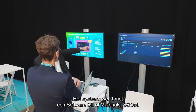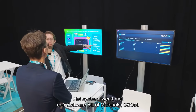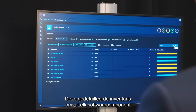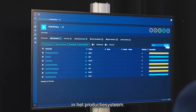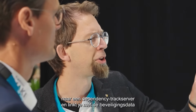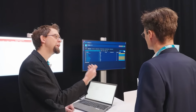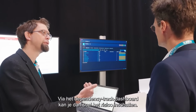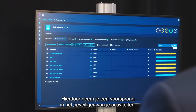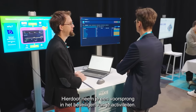The system is built on a software bill of materials, SBOM. This detailed inventory lists every software component within your production system. When changes are made to your SBOM, an automated pipeline uploads the SBOM to a DependencyTrack-server and connects to the security advisories of your component suppliers. The DependencyTrack-dashboard then allows you to monitor your cybersecurity risks at a glance, ensuring you're always one step ahead in